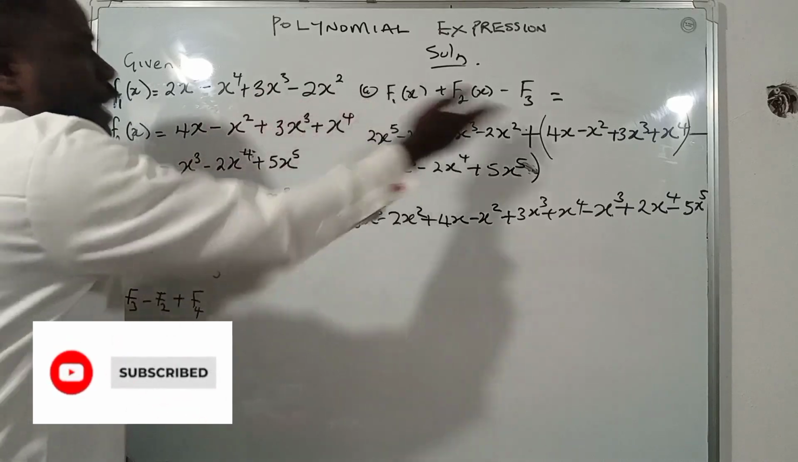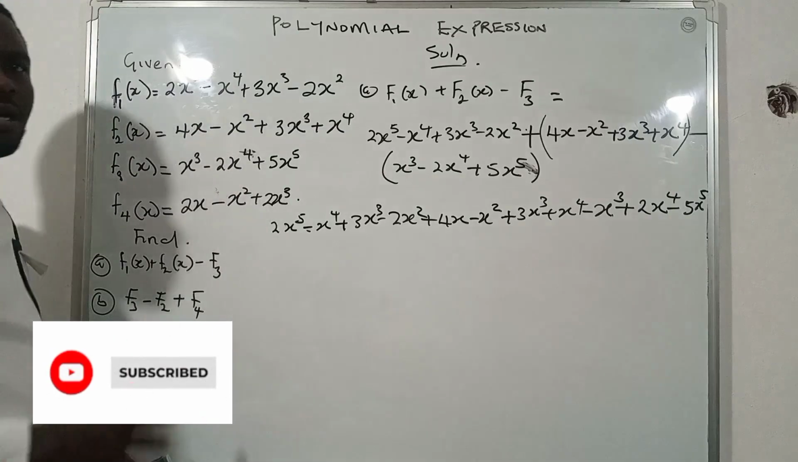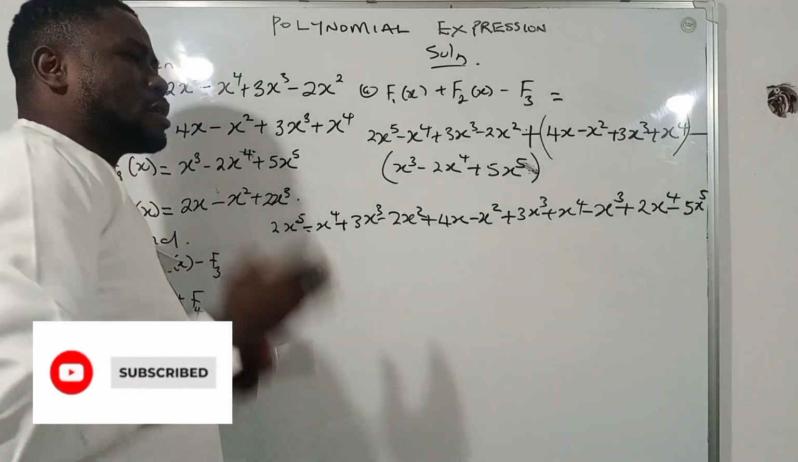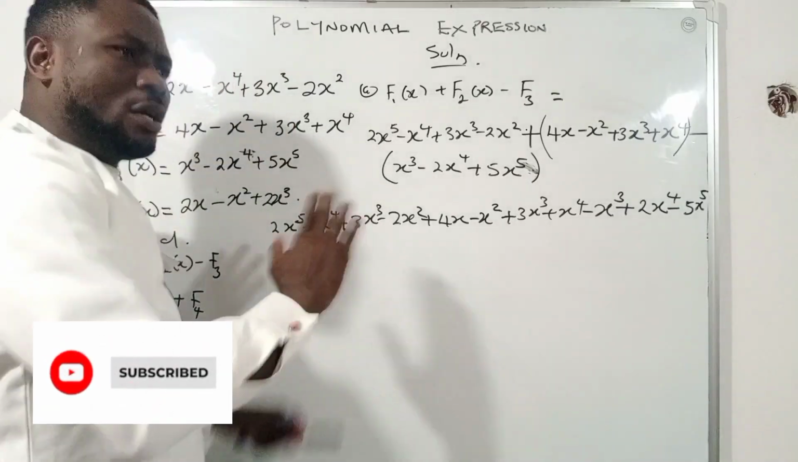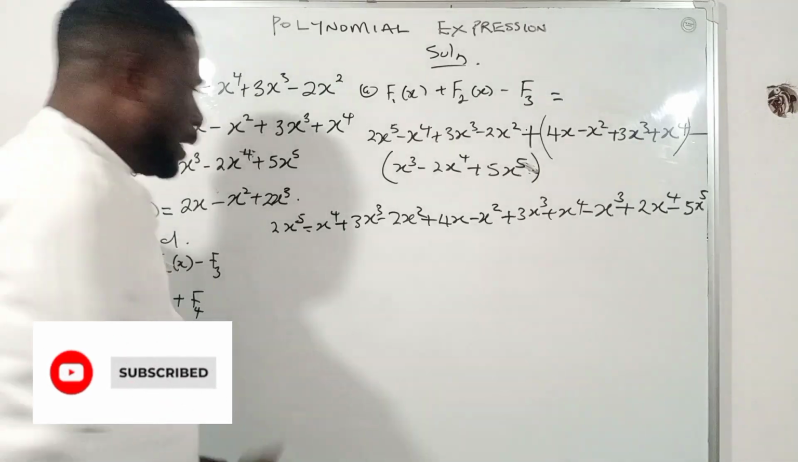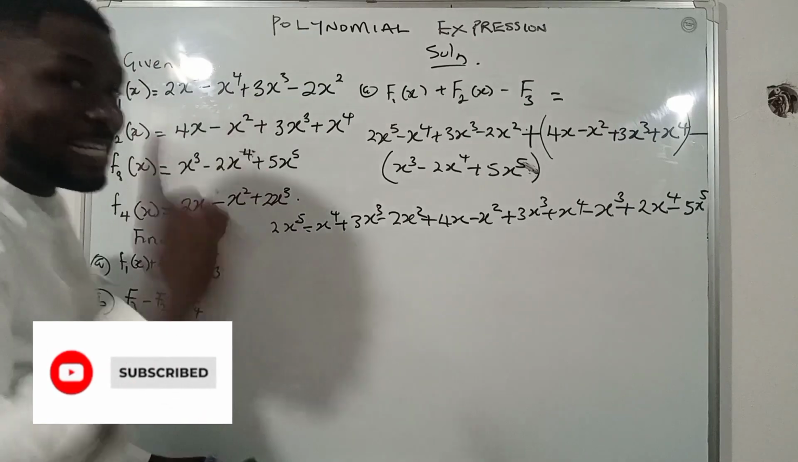Increasing. The powers are increasing. This is ascending order of increasing degrees. So it means that whatever you have as your final answer must also be in ascending order or descending order. You don't arrange them in such a manner that there is no specific order. Now, if I want my answer to be in descending order,